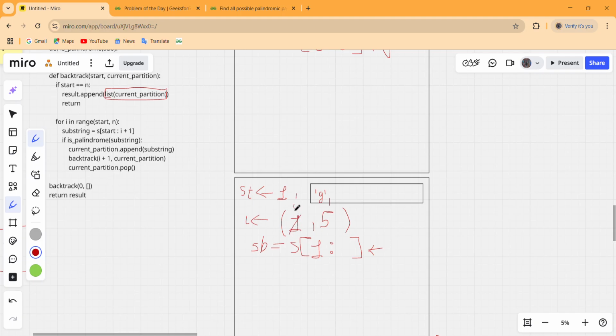that means from this 1 to 2, and our start is still 1, so this is from 1 till 2 plus 1, that means 3, so our SB is now S of 1 till 3, that means this EE, this will receive EE,